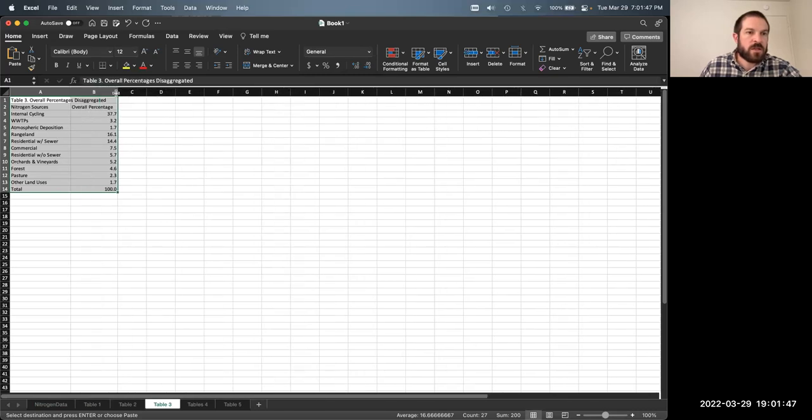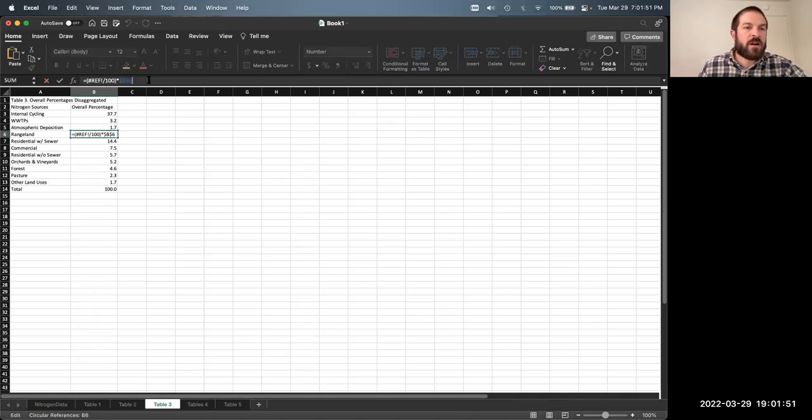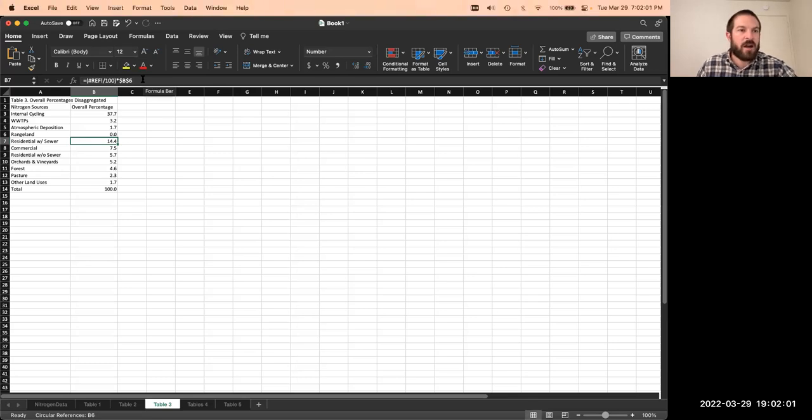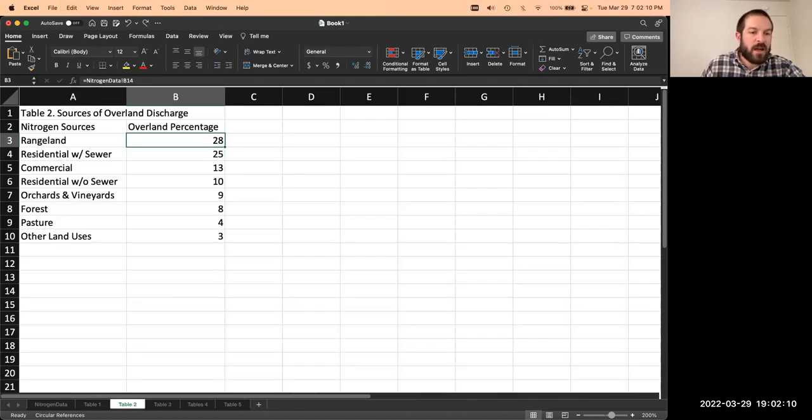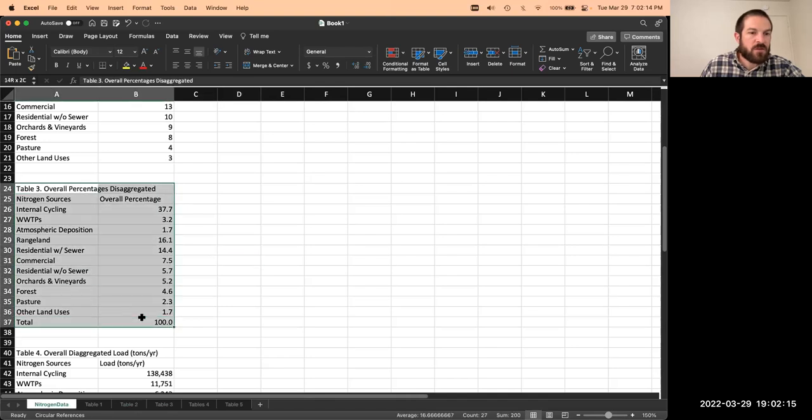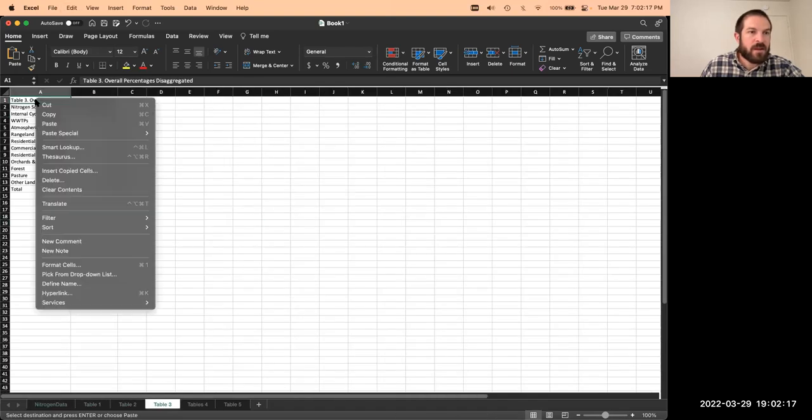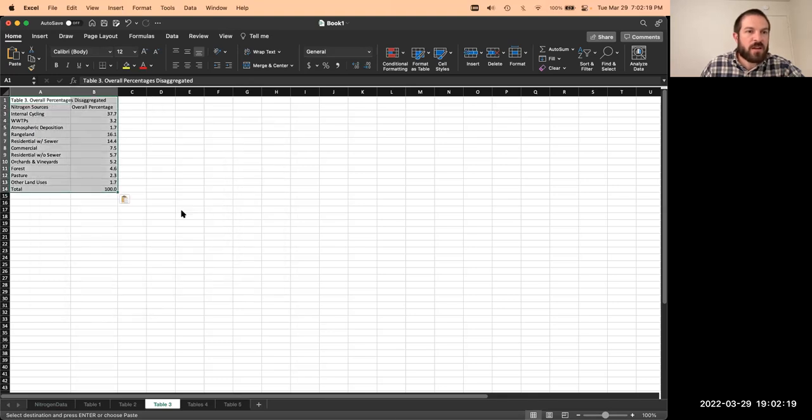Now we're doing table 3. All right. And you'll note that here it's saying, hey, I don't know what to refer to. There's this weird reference here. Like I've lost my reference. And the reason for that is because it is trying to find whatever cell was here, but it doesn't exist in this sheet anymore. Okay. And so one way around that